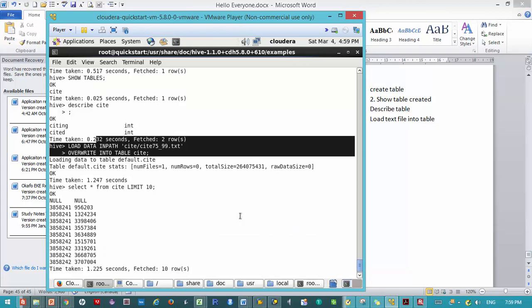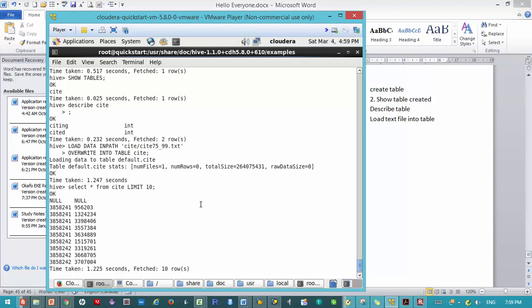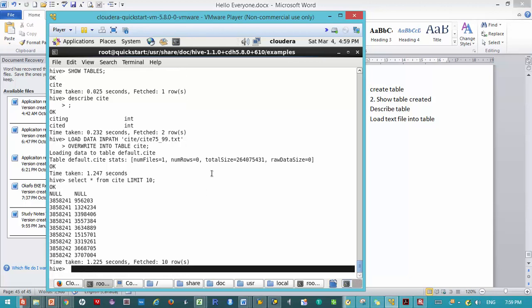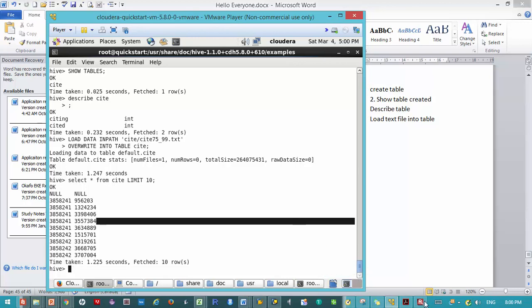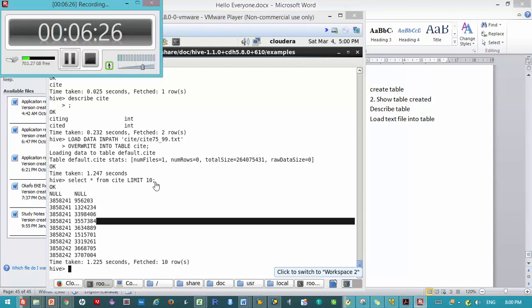And then, just to make sure the file actually went in somewhere, we showed the first 10 rows of the table. In the next segment, we would run a couple of SQL-like commands so that we'll become believers in Hive. Okay, so on that note,